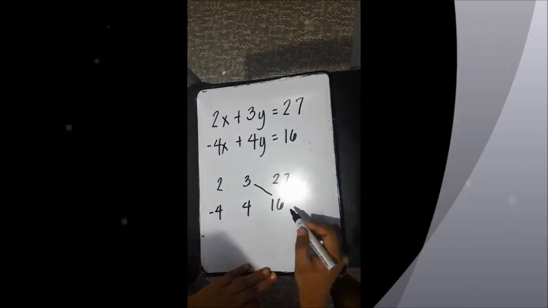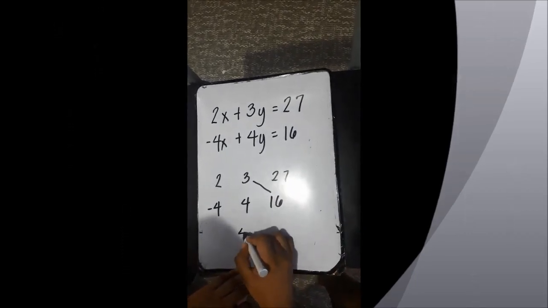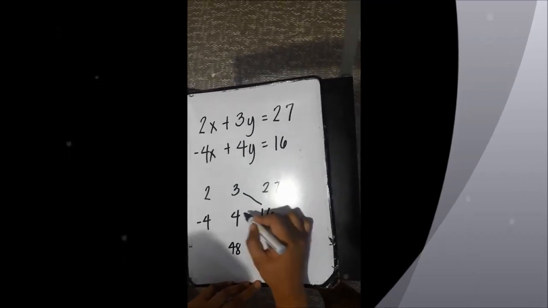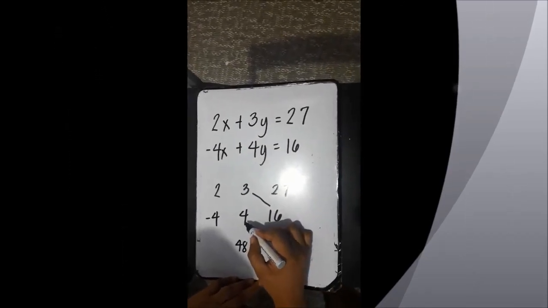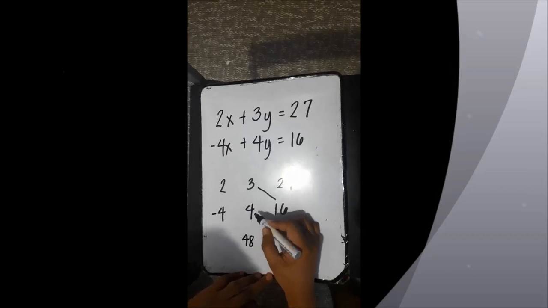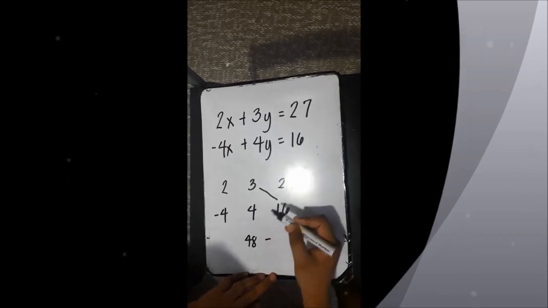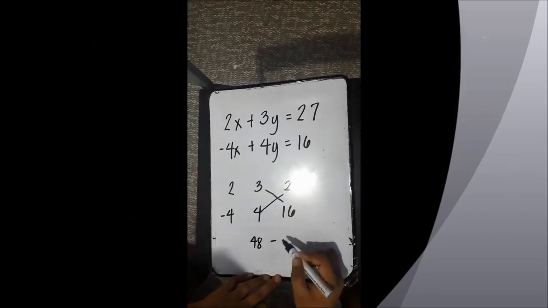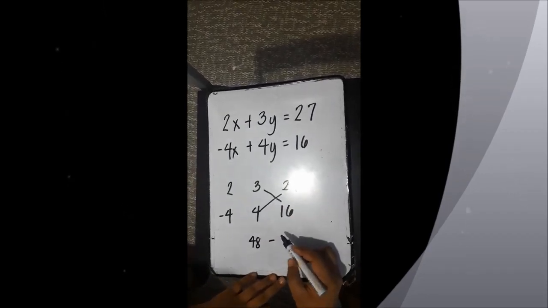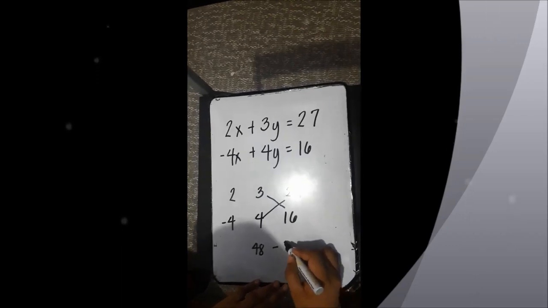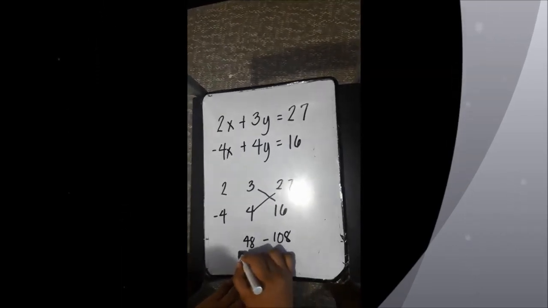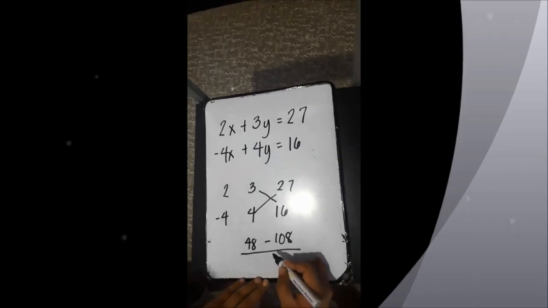So 3 times 16 will give me 48 minus the pair of 4, which is the coefficient of y in the second equation, and 27, the constant of the first equation. 4 times 27 gives me 108. Over, so this is a fraction actually, over,